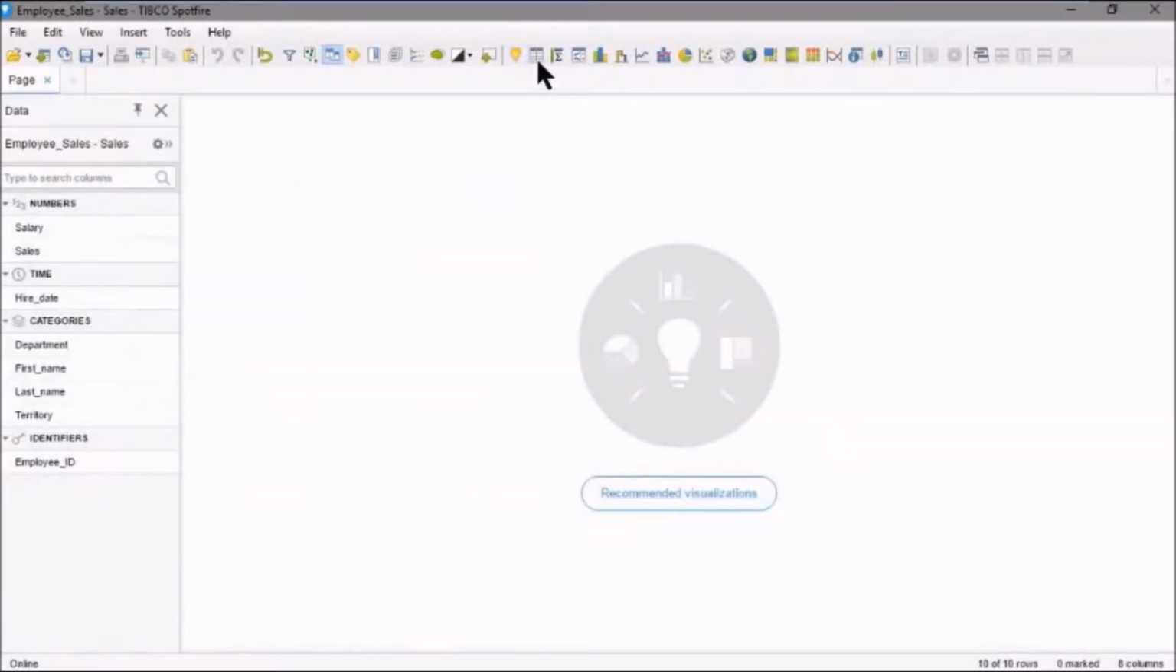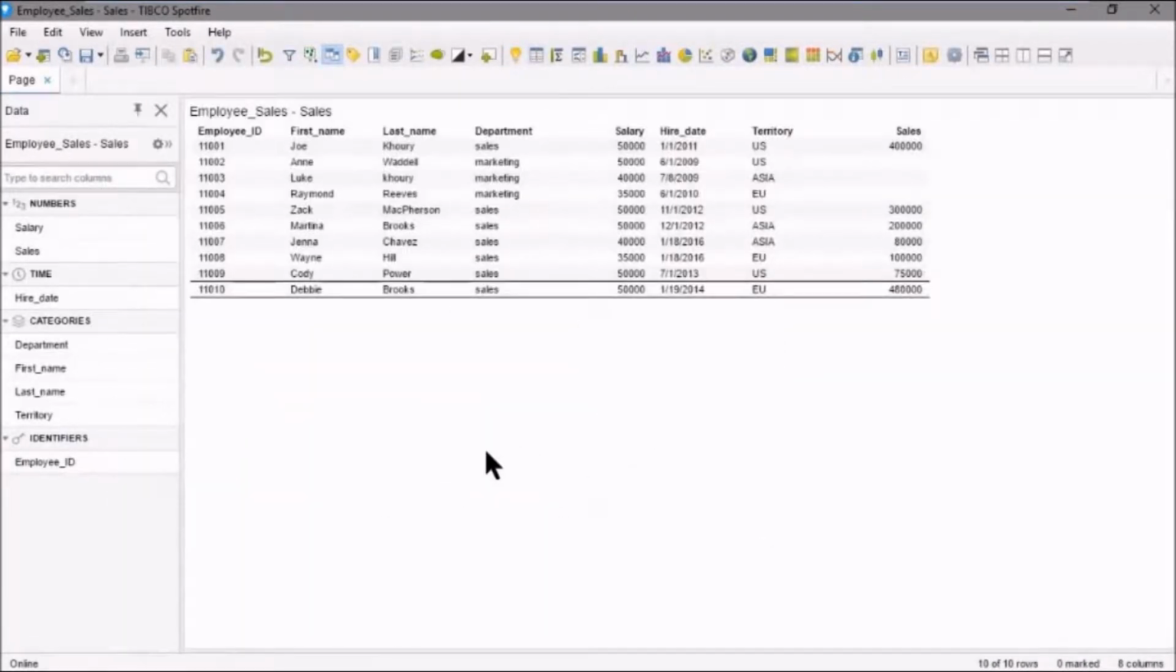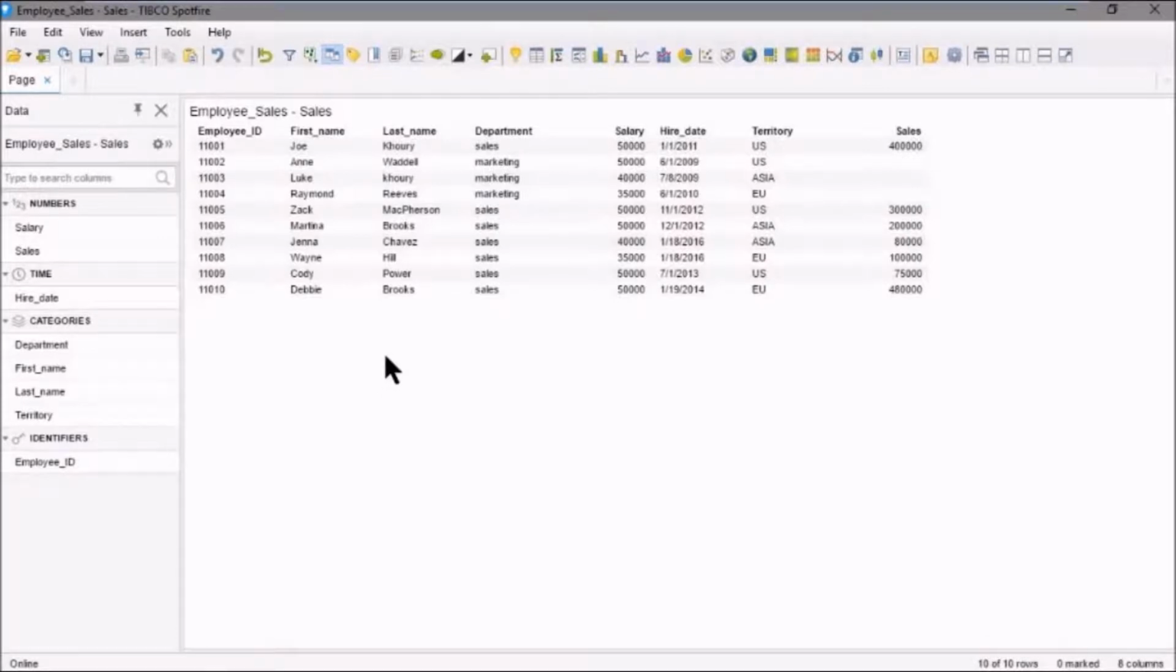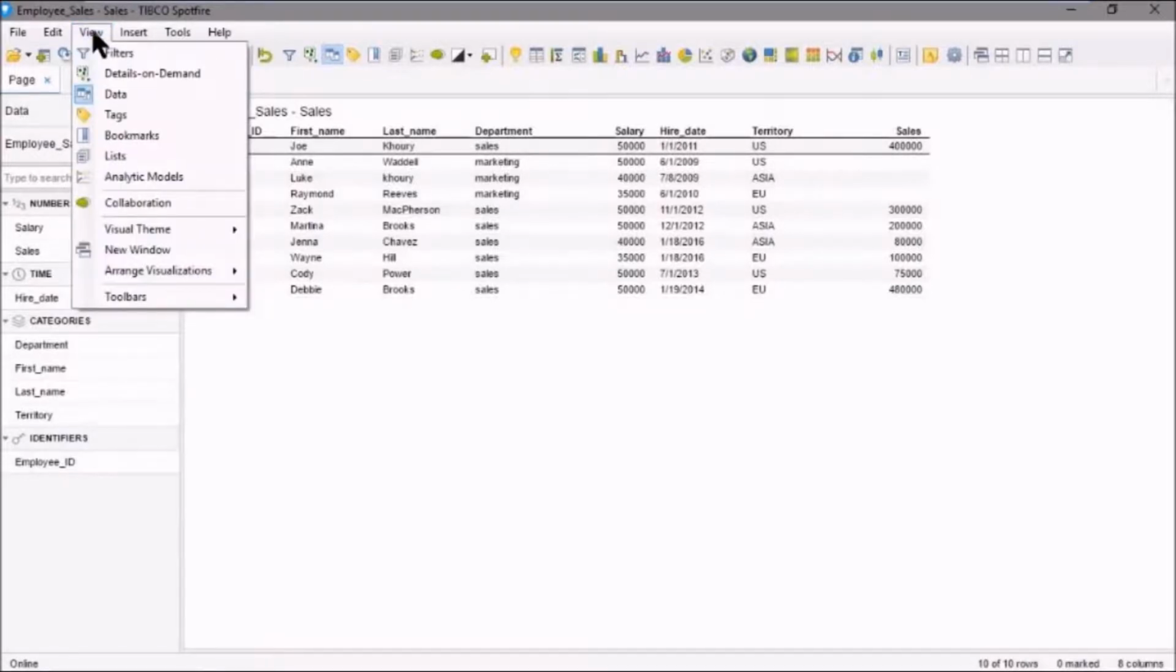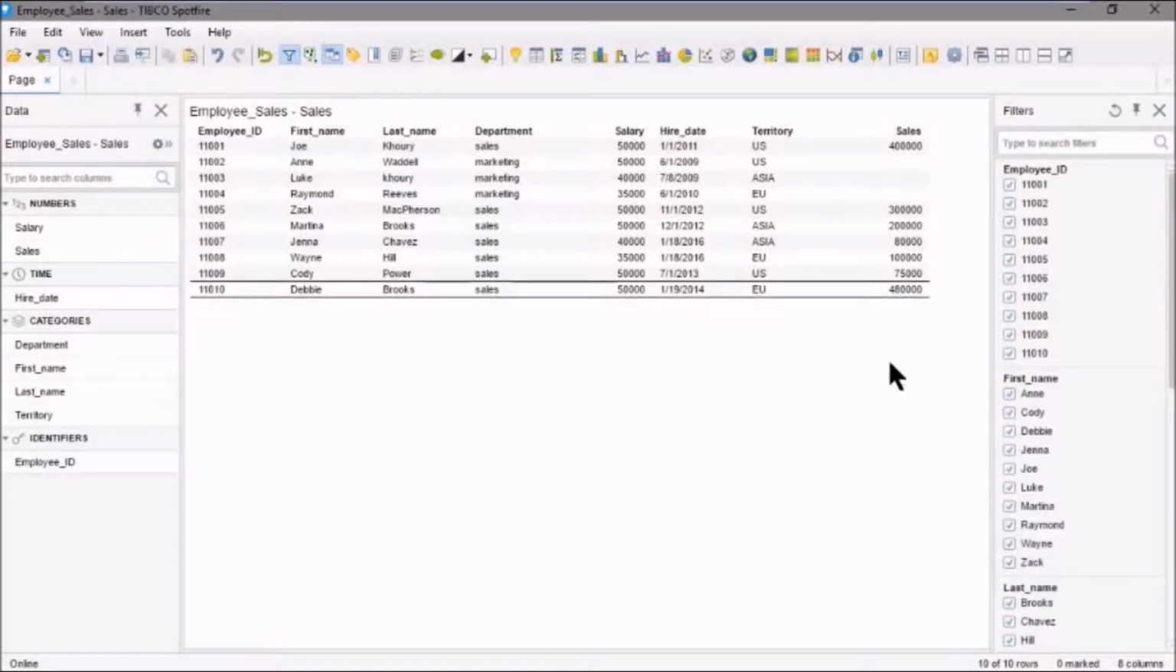Close this because we want to look at the table visualization. Okay, so here's the table data for Employee Sales. Now, what we want to do is view filters. So you can select View and select Filters here, and you can see the Filters panel comes up on